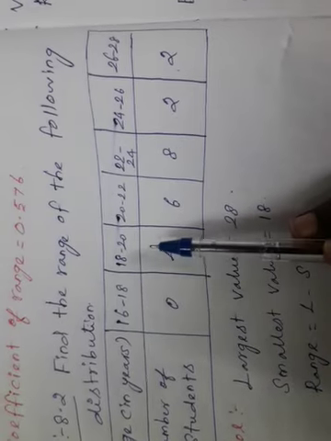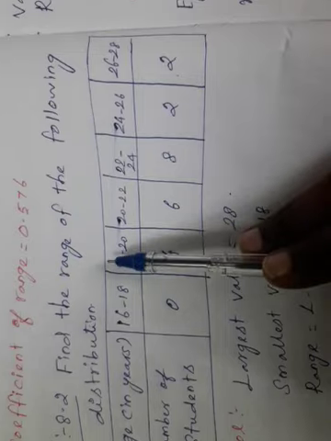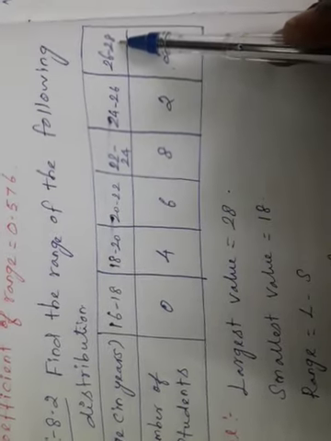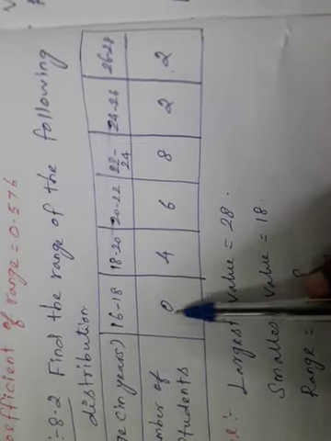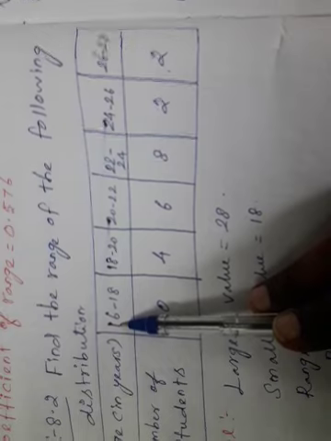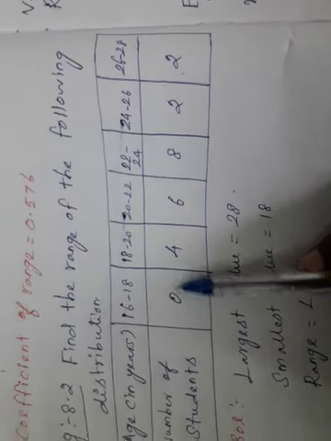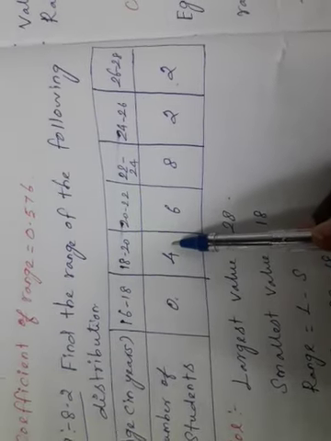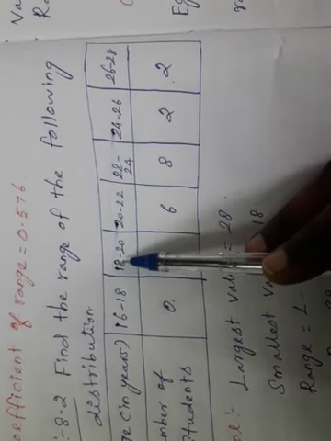So we have to consider the next value. Okay. Next, which is the smallest value here? 18. Okay. Largest value 28. Smallest value 18. Suppose here they had given 1, we would consider this 16 as the smallest value. But here data is 0. 0 means no need to consider this. The next number you have to give the importance. So the next number, what is the smallest number? 18. That is the smallest value.